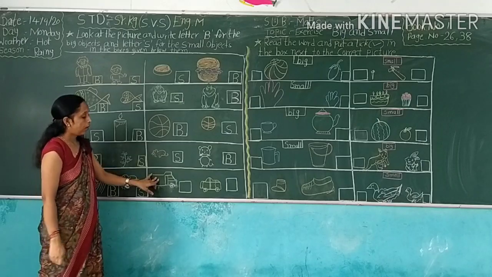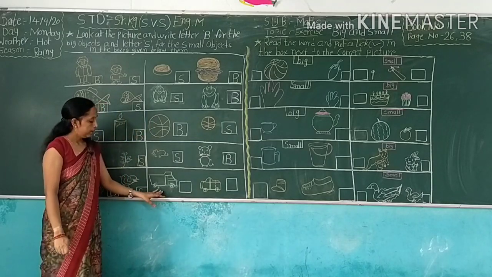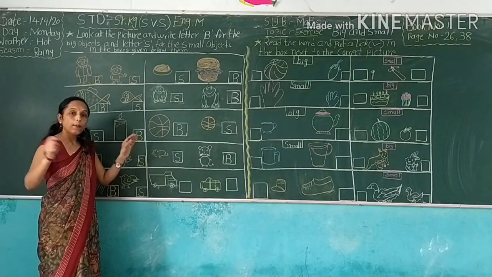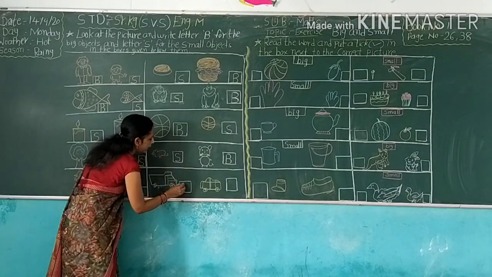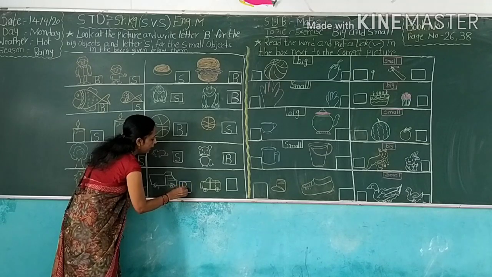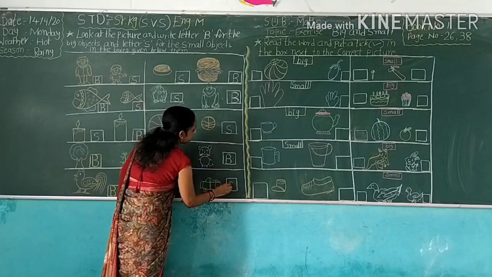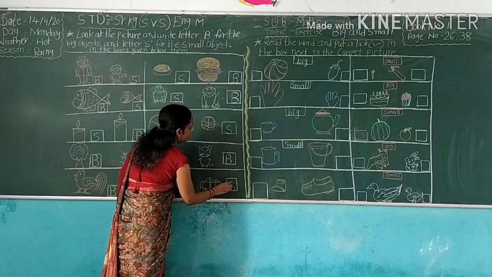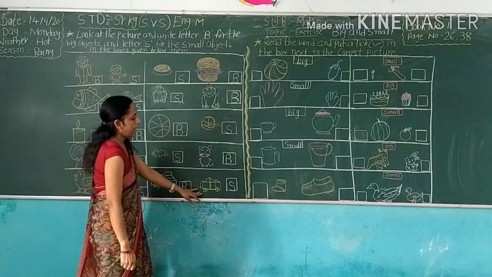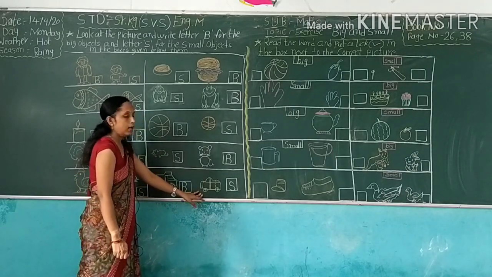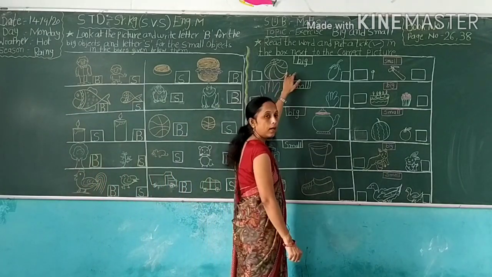And look here. What is this? Truck. And what is this? Car. So which object is big here? This? Yes, this object is big. And this car is small. So here we write B. B for big. And here we write S. S for small. This truck is big and this car is small. So big, small.